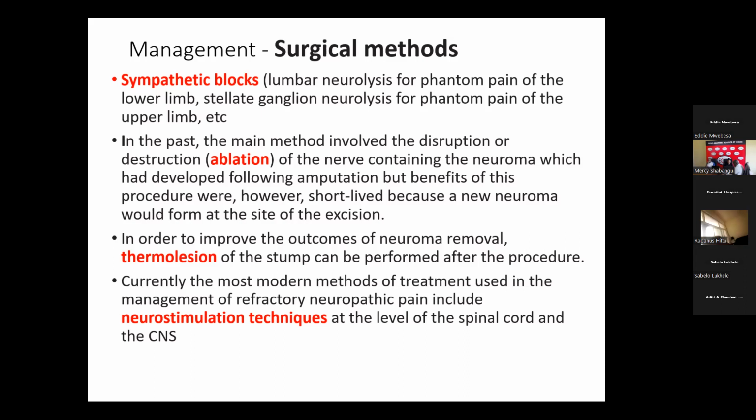Neuromas are problematic because they propagate pain, and it may be referred to as phantom pain even when the limb has been amputated. So for patients where the neuromas are problematic, thermal lesion in the stump has been shown to provide better outcomes. Some of these interventions are quite advanced, and they may not always be available in